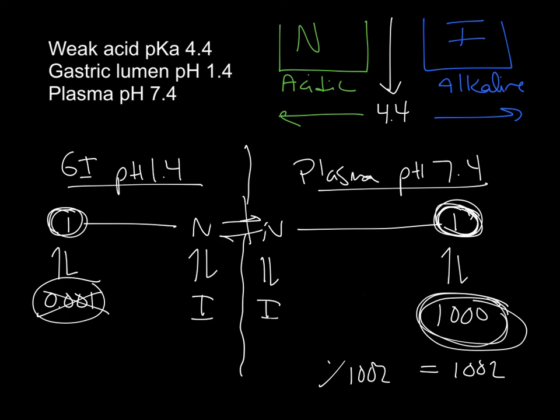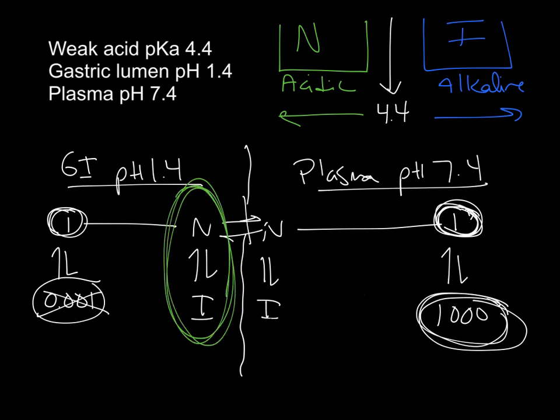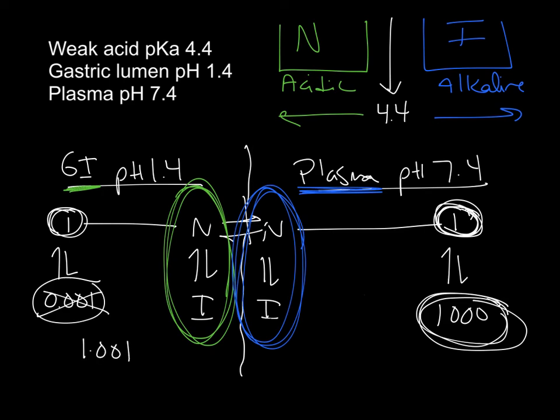But that's not really clinically useful for us. Honestly, once we get to this stage of things and we have defined what proportion will be in each of these 4 states, the only thing we usually are interested in is what's the total number, ionized plus non-ionized, in the GI compartment, and what's the total number, non-ionized plus ionized, in the plasma compartment. And so if we do that, the total number in our pH compartment is about 1, technically 1.001. And the total number in our plasma compartment is 1,001. Remember, we have 1,002, and if you want to be technical, 1,002.001